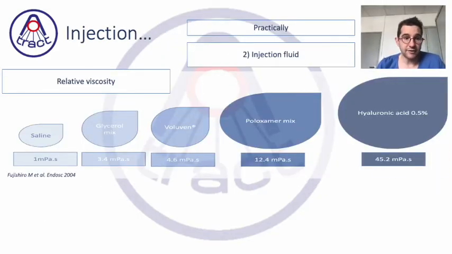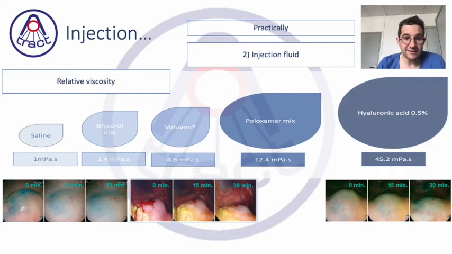Many studies have been done on the different solutions available on the market to compare the relative viscosity of the different products. The viscosity of saline is considered 1, glycerol mix, for example, 3.4, Voluven 4.6, poloxamer mix 12.4, and hyaluronic acid 45. But in fact, the duration of the elevation is totally different between saline and Voluven, for example, with